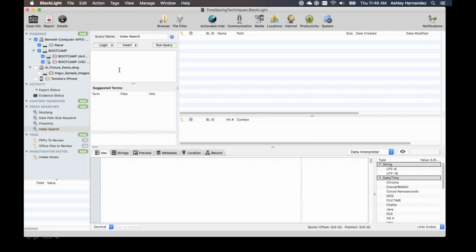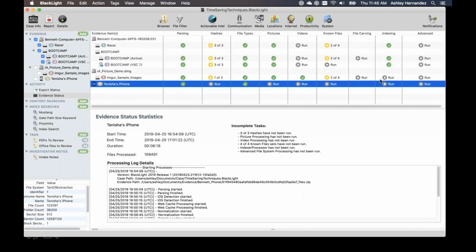Great. And the last question from this section that we'll focus on: can I exclude files from being indexed? So right now, we don't do any exclusion in the index options. So when you looked at the evidence status for indexing, it's pretty much off or on. You're going to be indexing the files on the file system. The only way to really accomplish that would be to filter down which files you wanted to index and make a logical evidence file of those and then bring those in. And that would allow you to just search those files themselves.